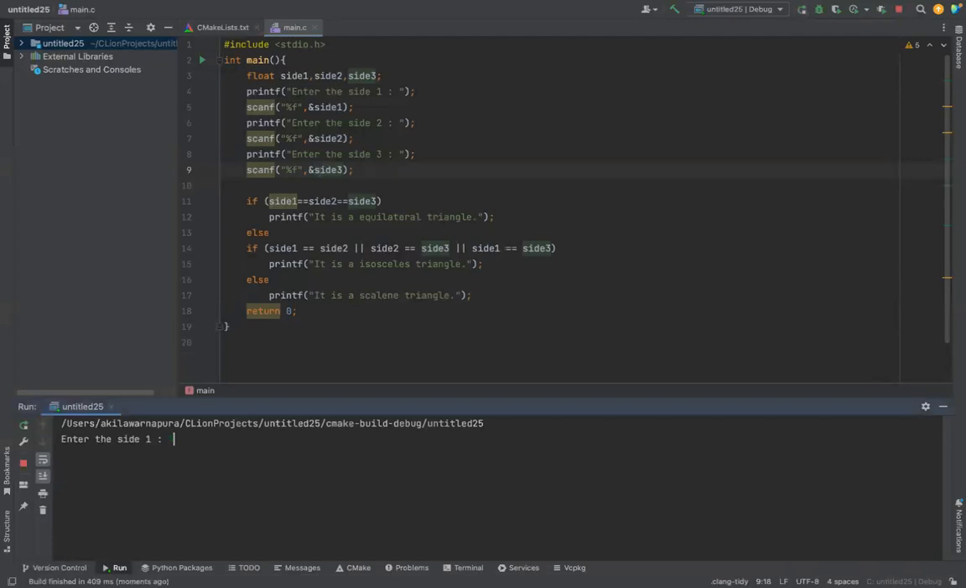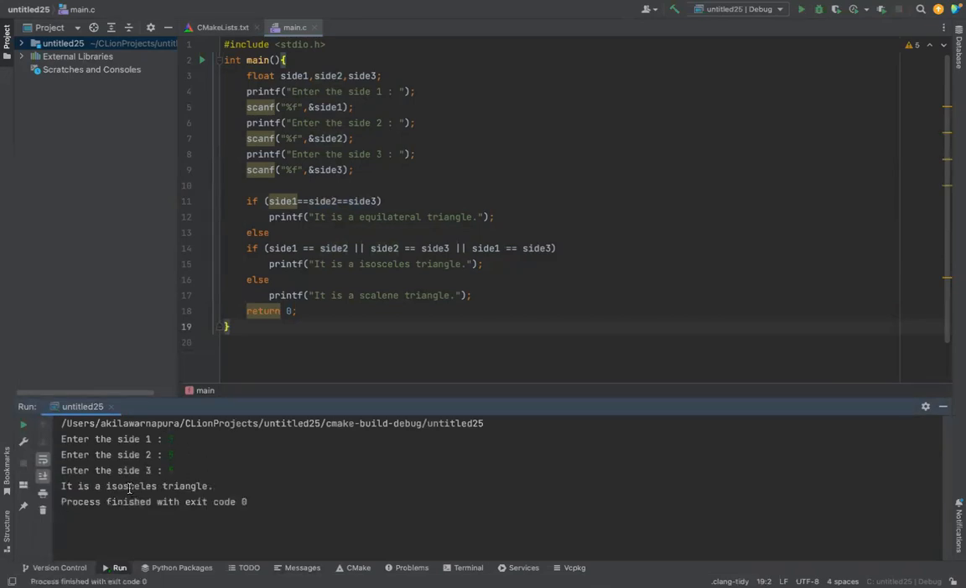Enter side 1, let's say 5, 5, 5. It is an isosceles triangle. The problem is here you provide side 1, side 2, side 3 equal. So you cannot use this kind of double equal, that means two equals, in a single if statement. So what happens if you provide this kind of one, side 1 equals side 3. Let's say I enter 1 here, and 1 and 1. Now it is an equilateral triangle. The reason is, when you are providing, let's say, the value 5,